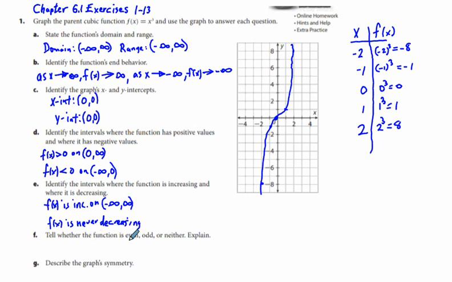Tell whether the function is even, odd, or neither. Explain. Well, there are a lot of indications the function is odd. And there's a formal way of articulating that the book gives and other books give. I'm not particularly enamored by it, but the way this works out is